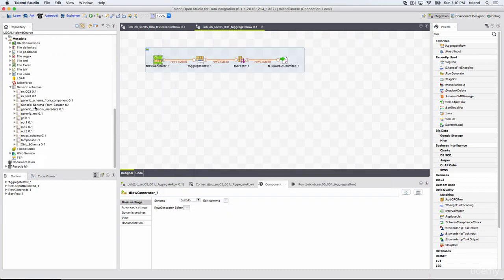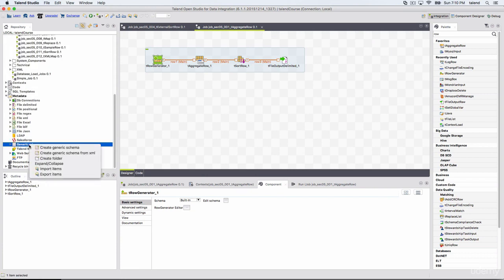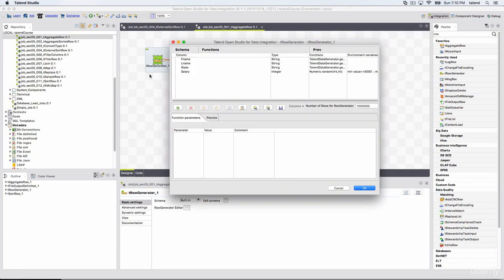And in generic schema, when I right click on this, it says create generic schema from XML file. Where can one get an XML file? You can get a schema in an XML file from anywhere, but when you click on any of these schemas, we have this option of export all rows into XML.